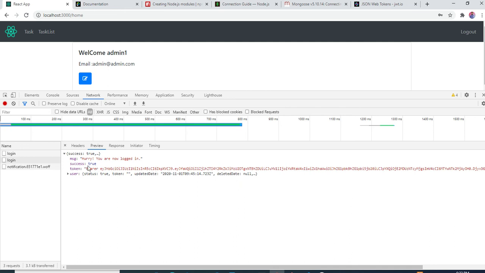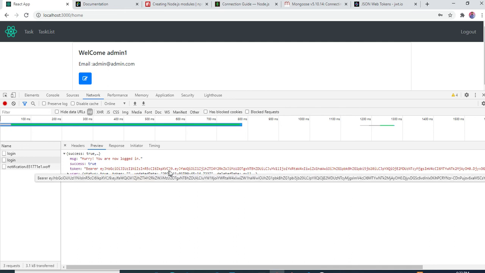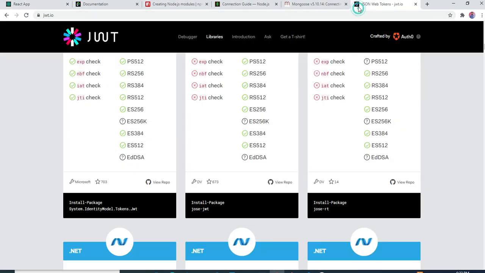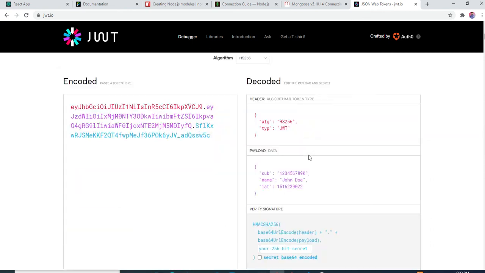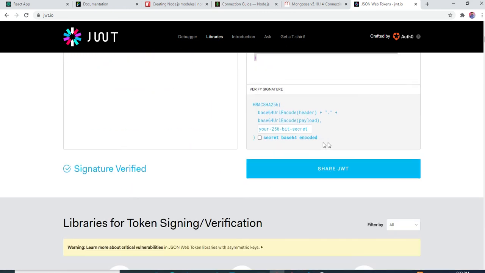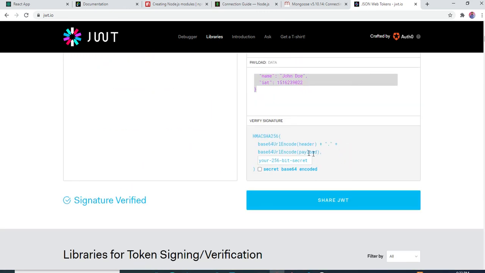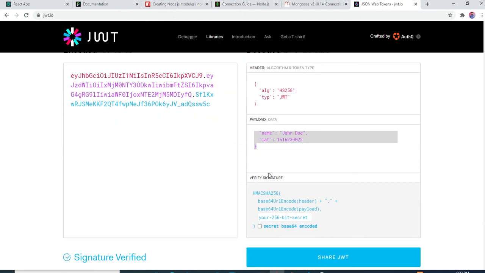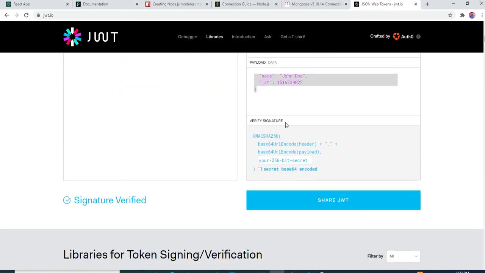So now you understand. You can notice that you got a response with the message and this is the token. The token is a mixture of many things. If you go to the JWT token site for a better understanding, this is the payload, as you can notice. This is your header, this is your payload, and the verified signature, the secret based encoded.